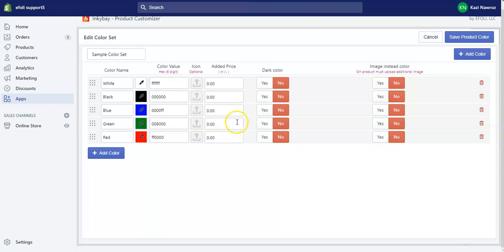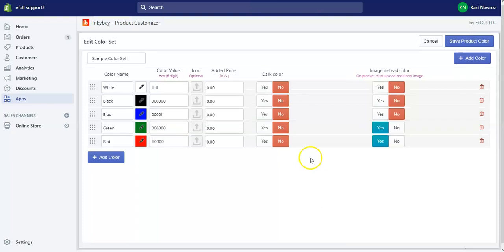Now let's say we have images. As we are uploading a t-shirt, we have images for the t-shirt, for the green color and red color t-shirt. If we have the images for those products, we just select image instead of color.